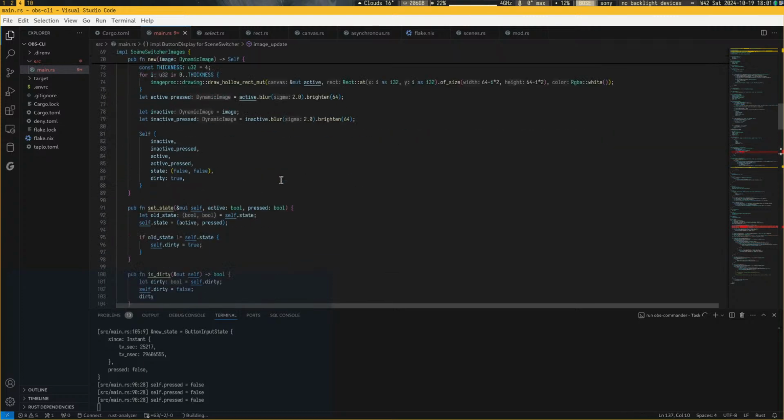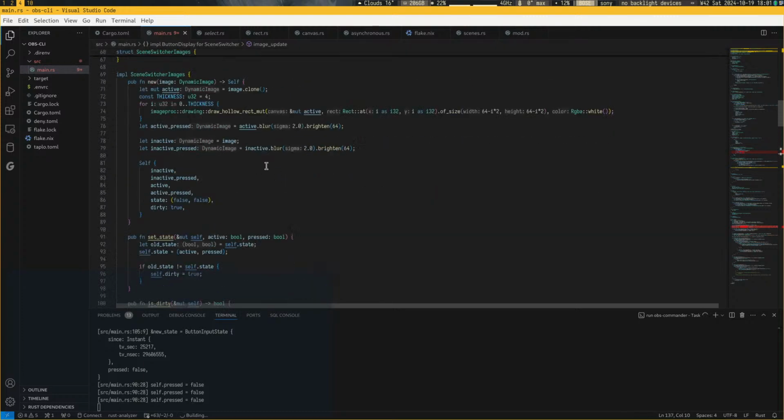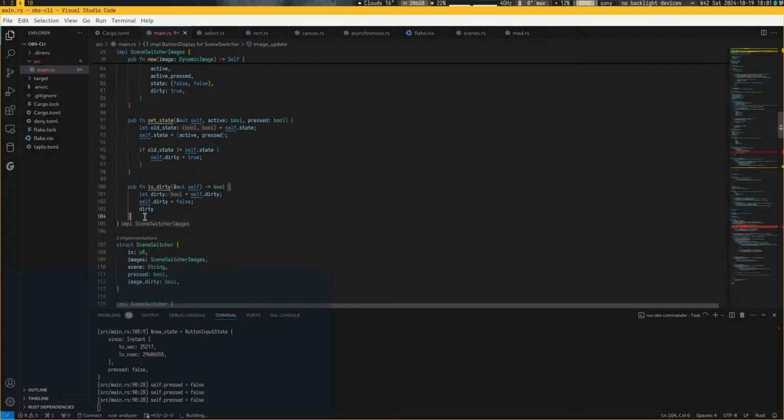Oh, there's another thing we need: is dirty. No, updated image. Okay, it's going to be an option of dynamic image for now. So dirty here, dirty false, and if dirty,